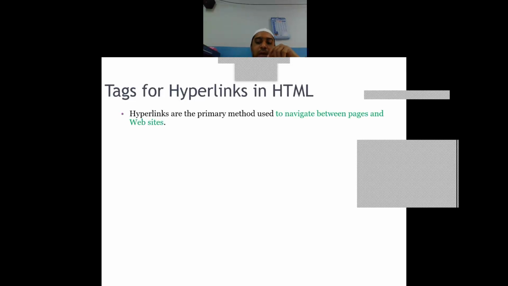Hyperlink means that whenever you want to join two pages together, two HTML programs together, you want to make a linkage between two HTML pages, you have to mention something over there. You have to say that the first page and the second page are linked together or interrelated. Now to say that they are linked together, you have to use the hyperlink tag. When you click on that link and you navigate to the second page, that process is called navigation.